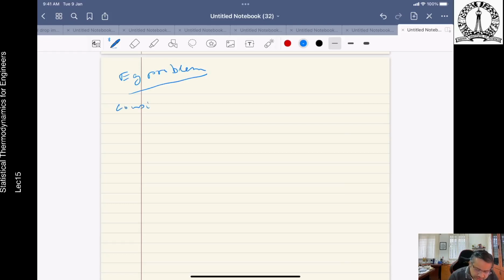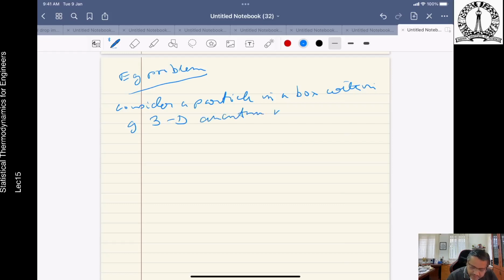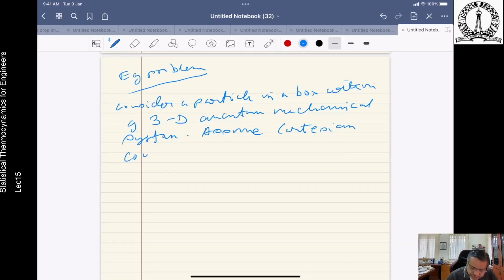So let us consider in this example a particle in a box within a 3D quantum mechanical system. So you can assume Cartesian coordinates. So first and foremost, we need to determine the operator